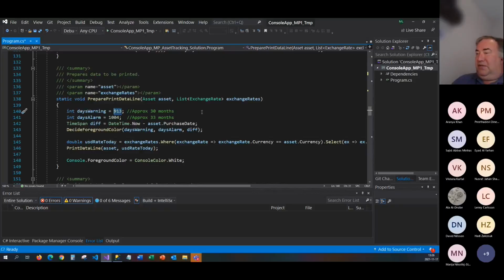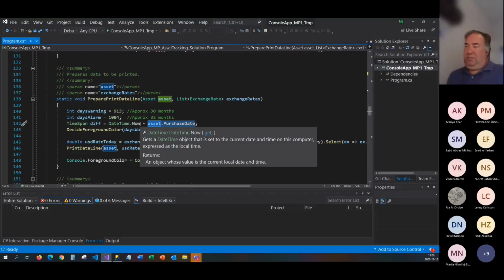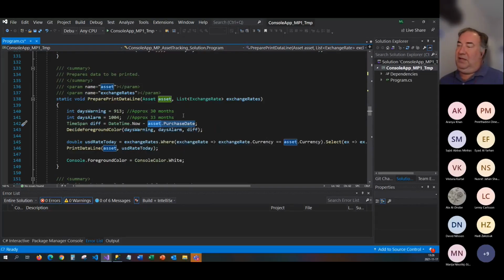So I take a difference, because now this method is taking one asset at a time. So I take the purchase date from the asset here, and I have this time span diff. So this is DateTime.Now minus the purchase date of the asset. So this will give me a difference. This diff I will use then in